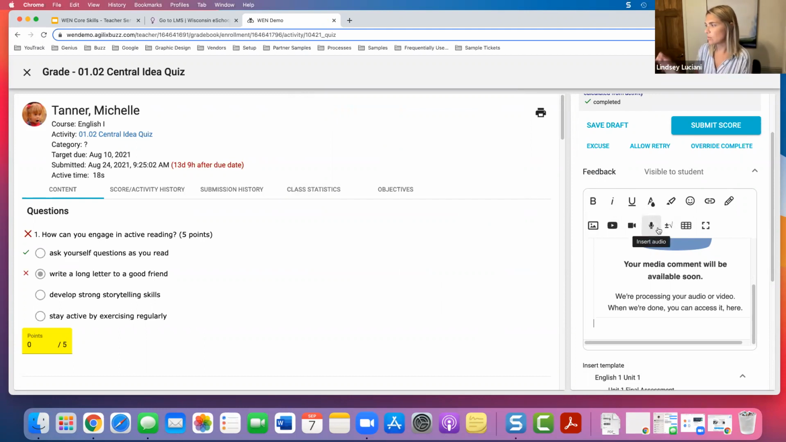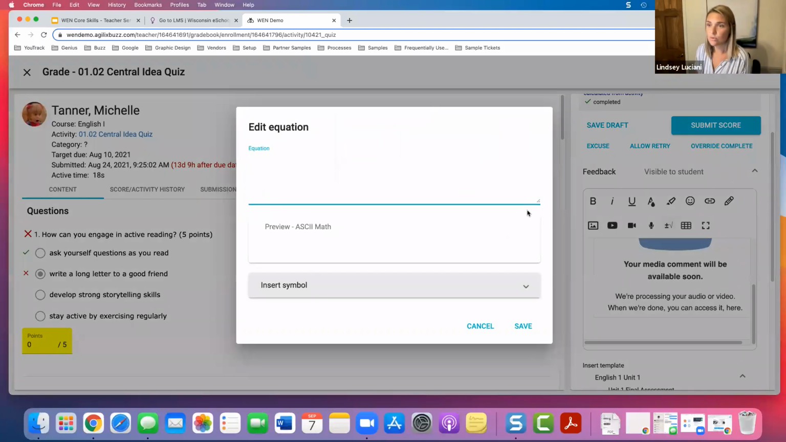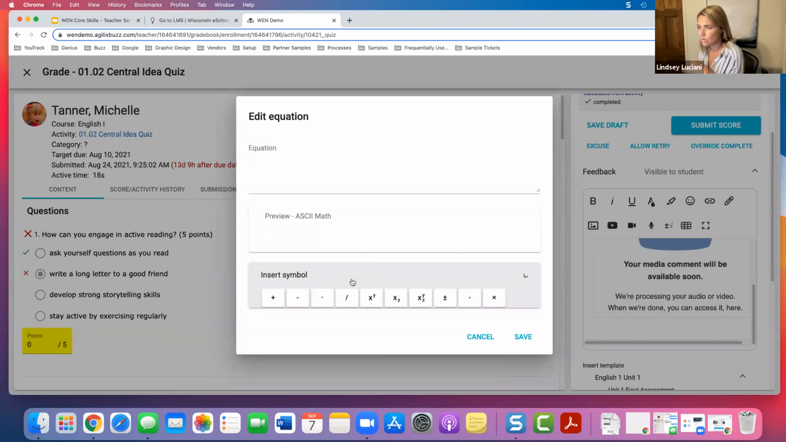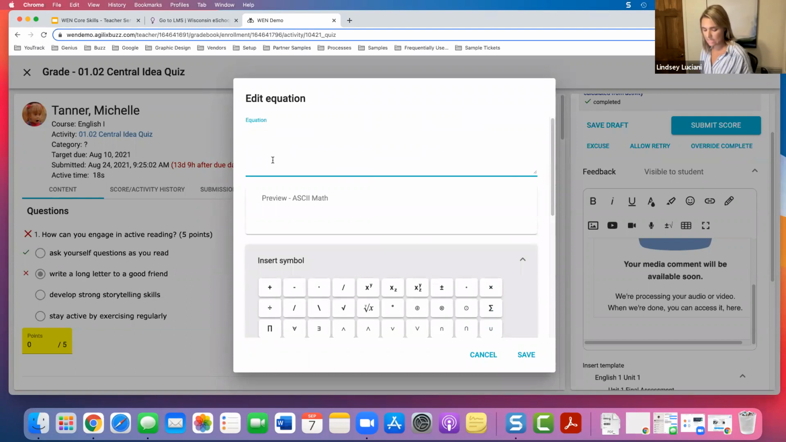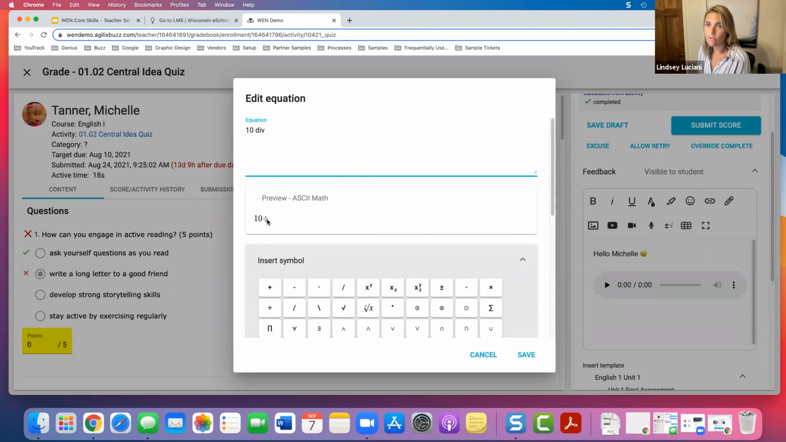A couple other features that are really nice are the equations. So if you teach math or science or whatever it might be, you have the ability to either look up symbols or you can insert them below. But if I am up here, it's really nice. If I write 10 divided by, just by writing div, it knows that that's what I'm looking for. Then I can go 5 and just type equals, and it'll actually insert